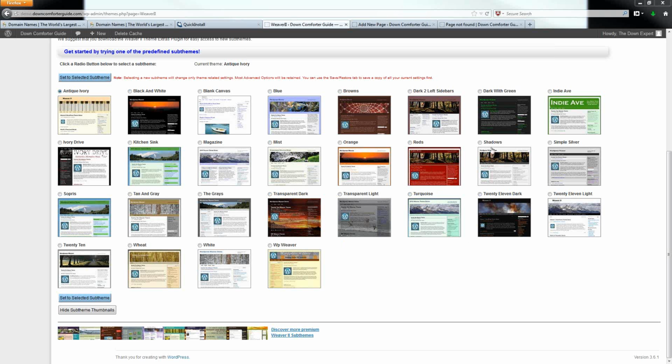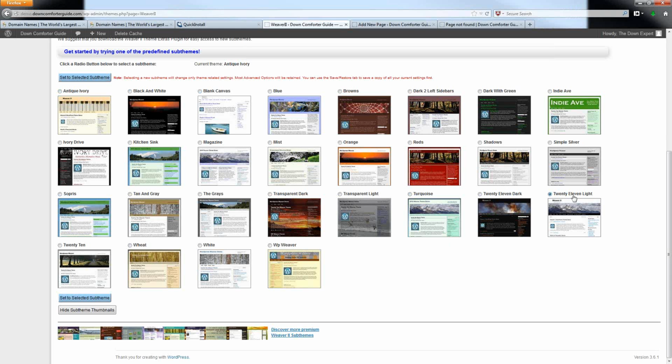What I would recommend, if you don't like the look of any of these, is to select the one that has the layout that is the way you want it. You can tell the layout of these different themes varies from one to the next. This one has the sidebars on the left over here. This one has the sidebars on the right. And there's a wide variety of mixes and different combinations in between for these other ones. So pick one that has the right display that you want, and you can always change the actual colors for any one of these